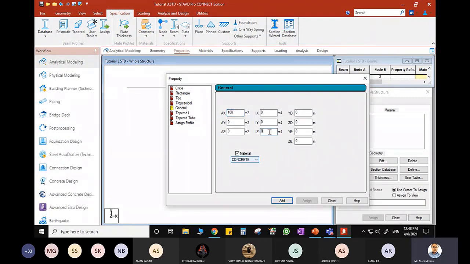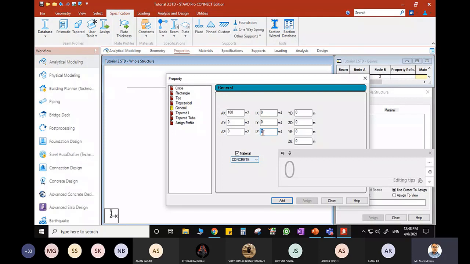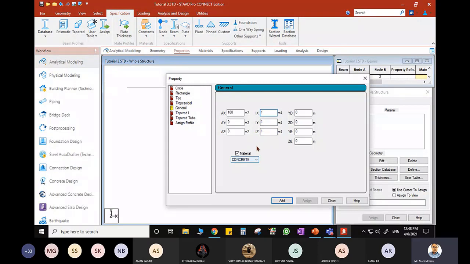Now bending is generally going to take place about IZ. So I'll give this value as 1. One of the property is 1. Let me give this also as 1. If you give 0, 0 also, the value will not change, but I'm giving all these property as 1. And what is the material? I have material as mat. Click add. So this is one of the property.